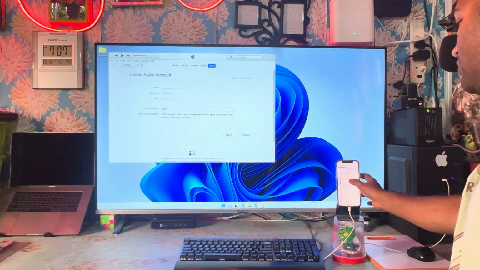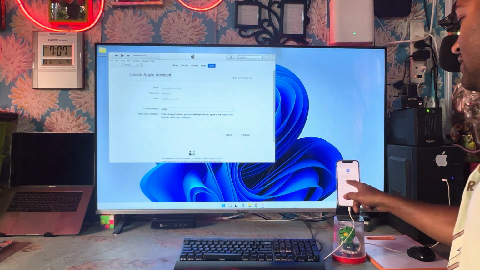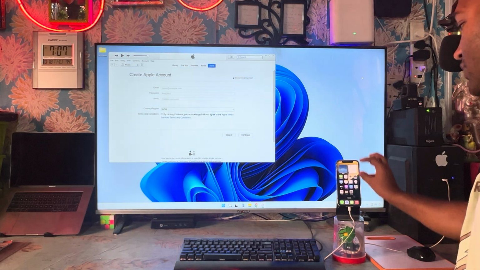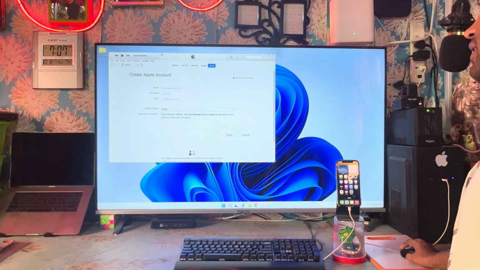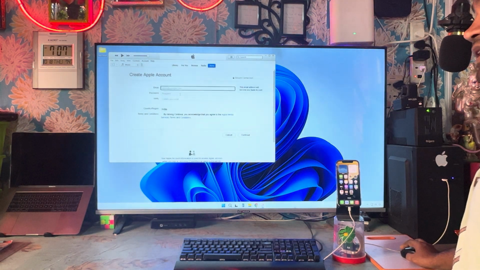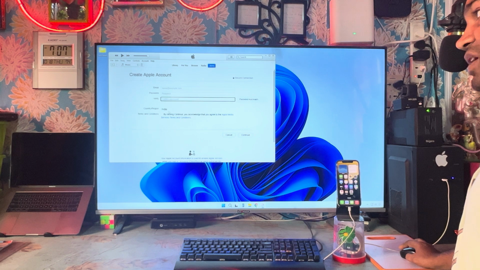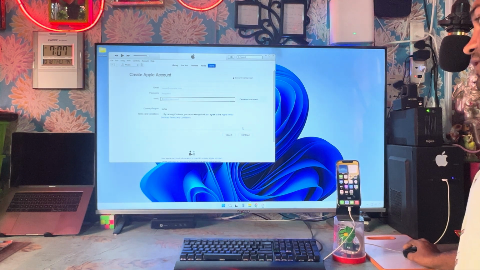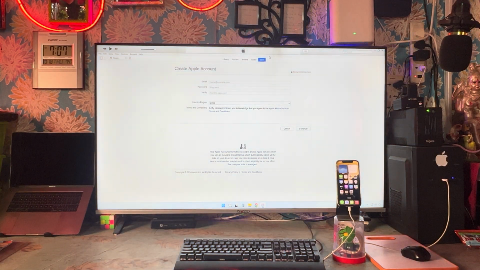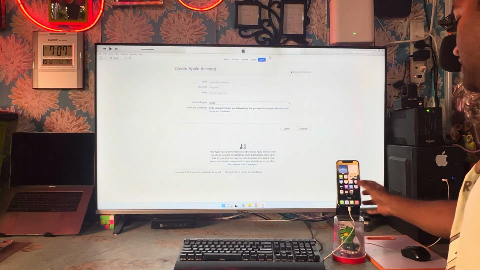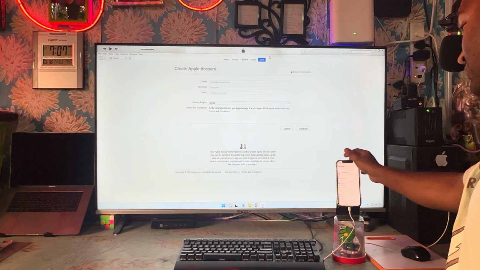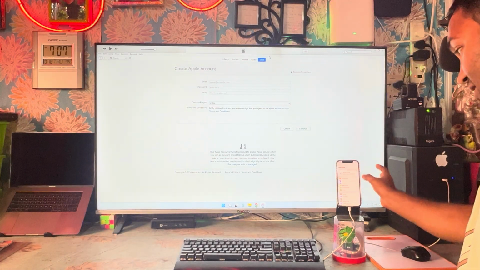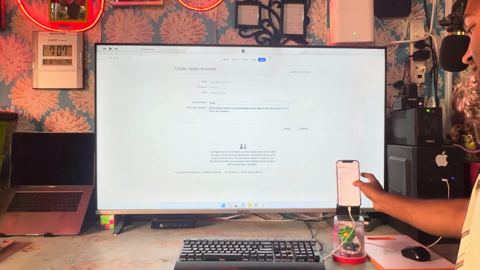So if you would like it to work, you will have to connect to the Wi-Fi, and on the phone you can directly generate a new Apple ID password. Otherwise, here we can enter the Apple ID, the required password, verification password, and the phone, select the country or region, and you can generate a new Apple ID and password, guys. So you can easily terminate it. This is all about this video tutorial. If you would like to generate a new Apple ID and password by yourself on this device, then yes, you can